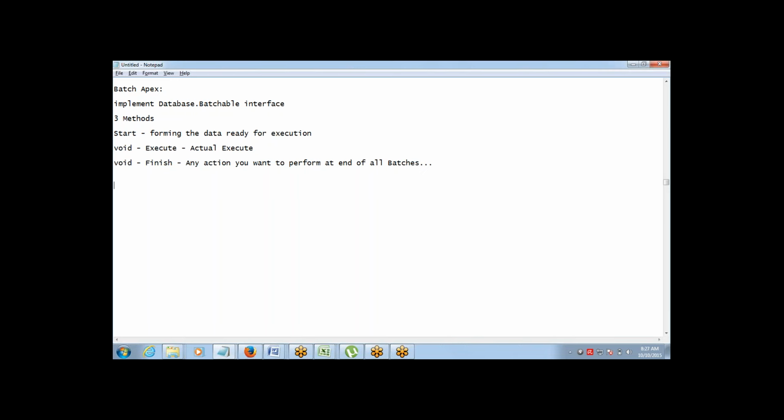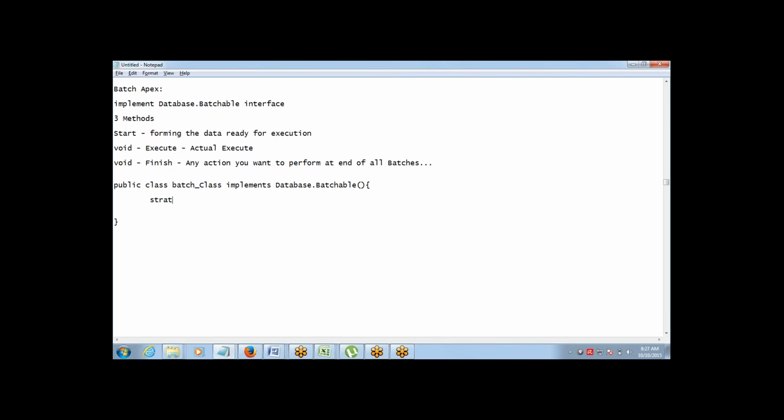So the basic structure of a batch apex should be like this: public class BatchClass, or whatever name you want for the class, implements Database.Batchable, and then this particular class needs to have three methods, as I told you.